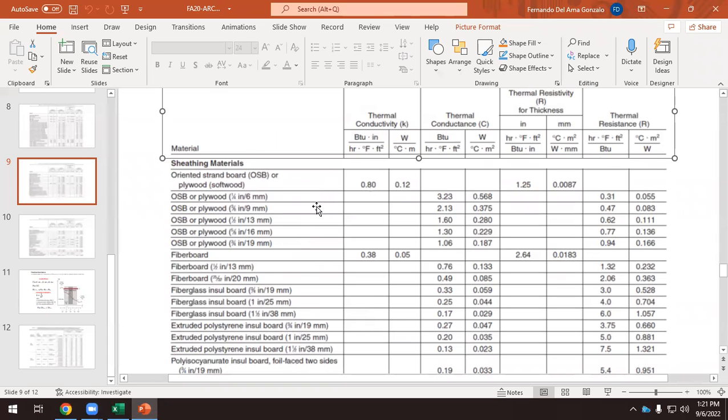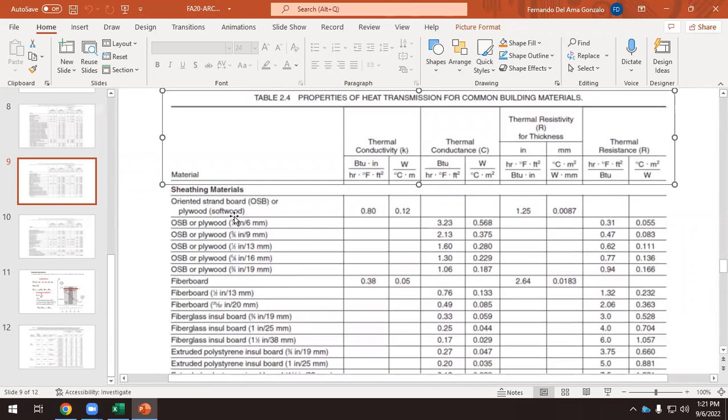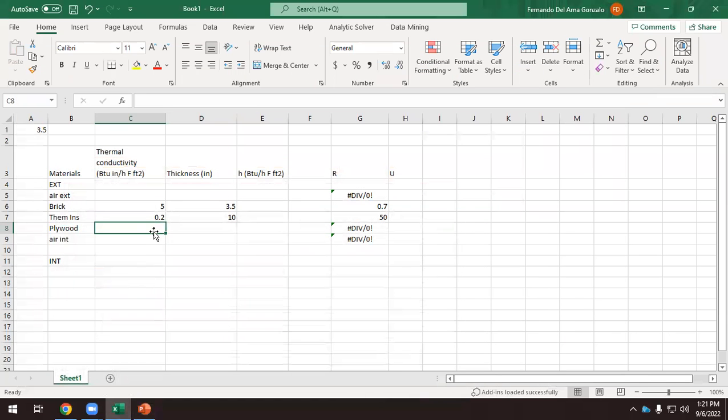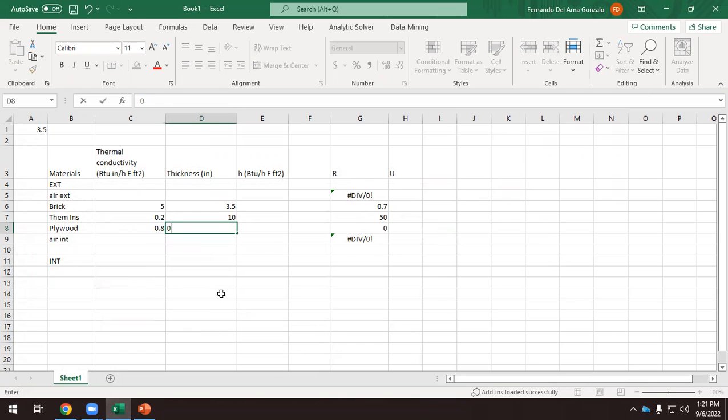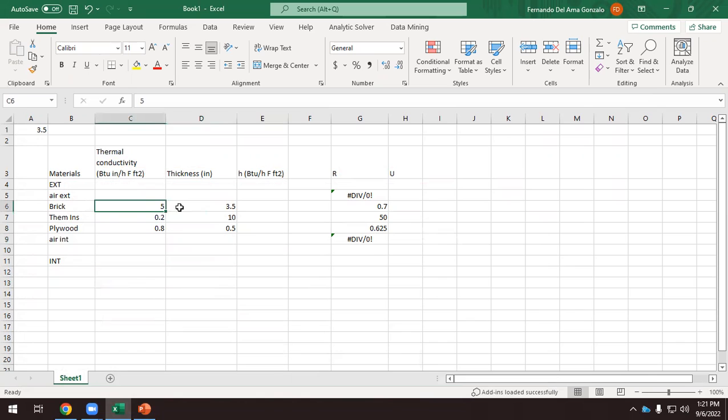And so now we have to go to plywood. We have plywood here, and the plywood we do have, this is 0.8. So the plywood thermal conductivity is 0.8, and the thickness, let's say, how much is this? Half inch. Half inch. And here we have this. Okay, so we are done with the solid